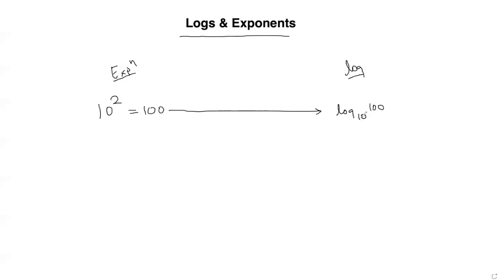Or we can say logs. So if you have, say, 10 to the power 2, 10 square is 100. We know that. Now this form is called an exponent form, and you can write the equivalent log form also. Now just see what is a log form. You write log 100 to the base 10. See how I read this. Log 100 to the base 10 is equal to 2.